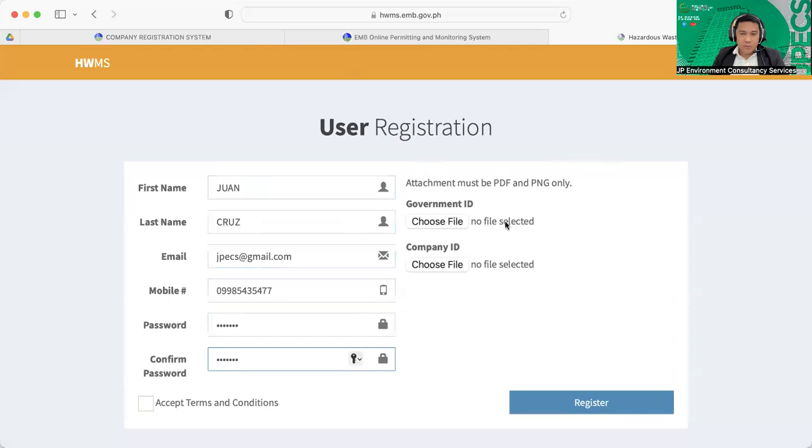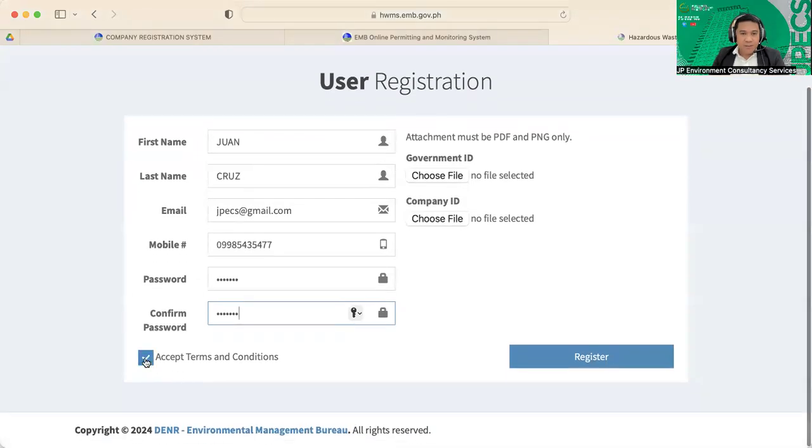We need also to attach our government ID and then company ID. We select the file and then upload to the system. And do not forget to accept terms and condition, then push register to have this account created.